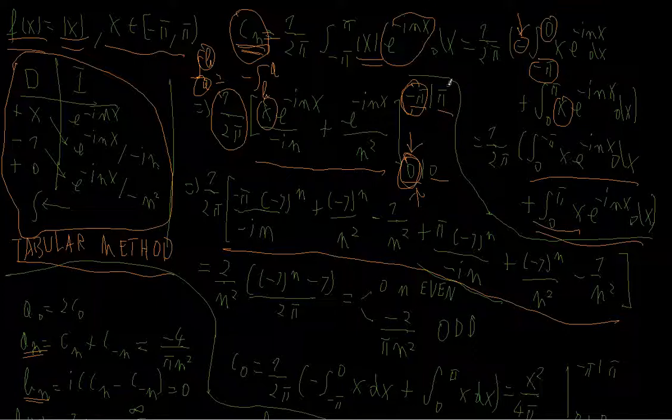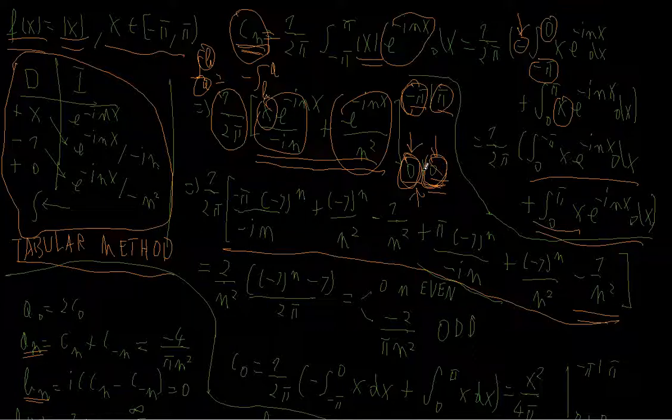Now plus I plug in this pi here and get pi times negative 1 to the nth power over negative i n plus negative 1 to the nth power over n squared, and then again minus 1 over n squared, that is the 0 here. Here I get again 0, and here I get negative 1. Okay, I get 1 here, but again it's this boundary at the bottom, and so we subtract everything. And so now this here and this here cancel, okay, because I have negative here, and here I only have negative, so it cancels out, and you're left with